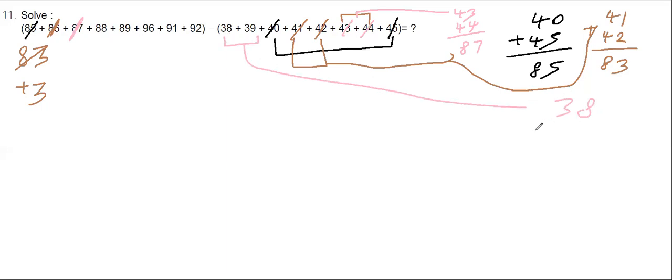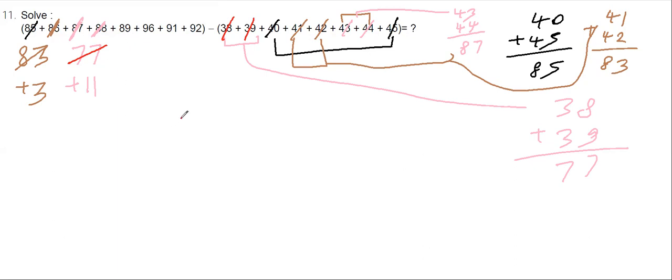So 38 plus 39. So 8 is 17, 3 and 3 is 6, 17, 77. Okay, so I can write this 77. Okay, 77 I can write this as 88. I can write this as 77 plus 11. So this 77 will get cancelled. This 77 and this will get cancelled. Now I just have to add it properly. Okay, so this time I should add it. I should be very careful.